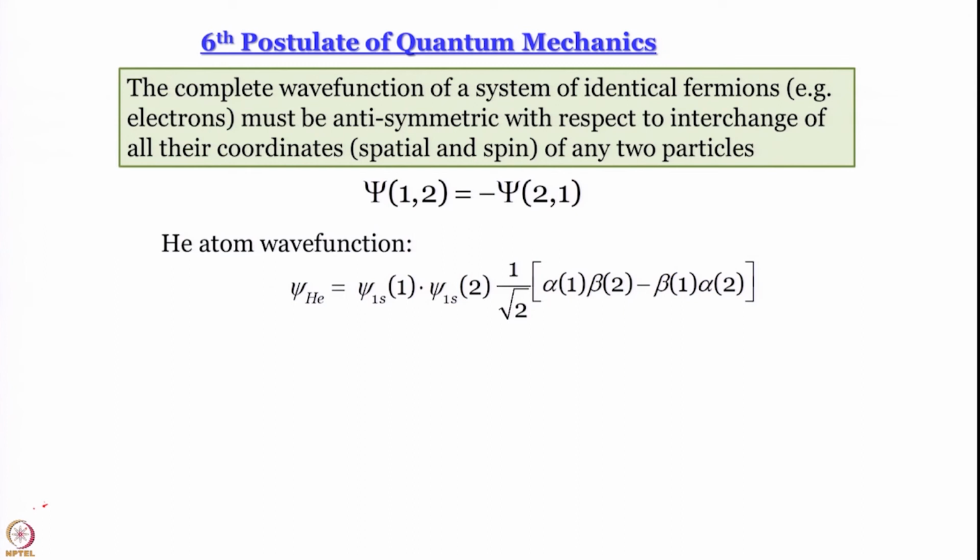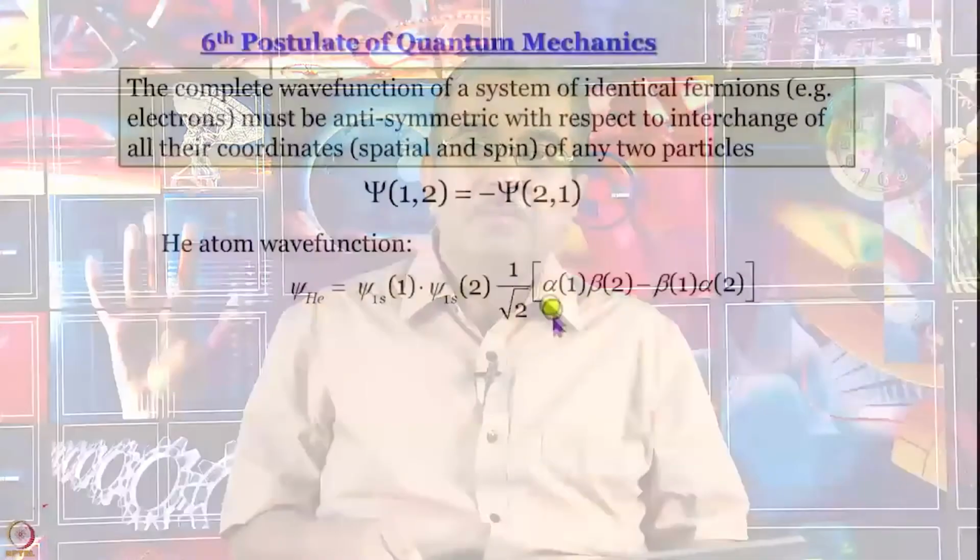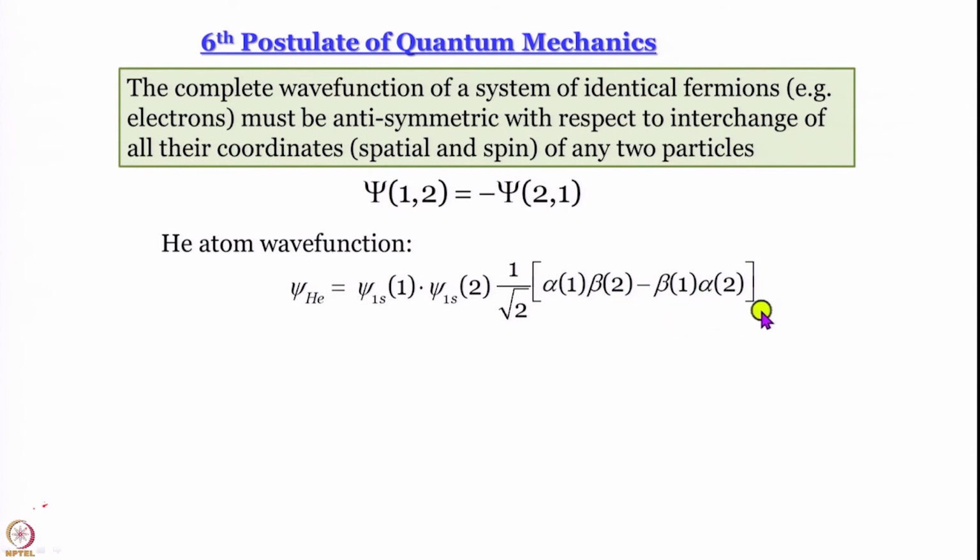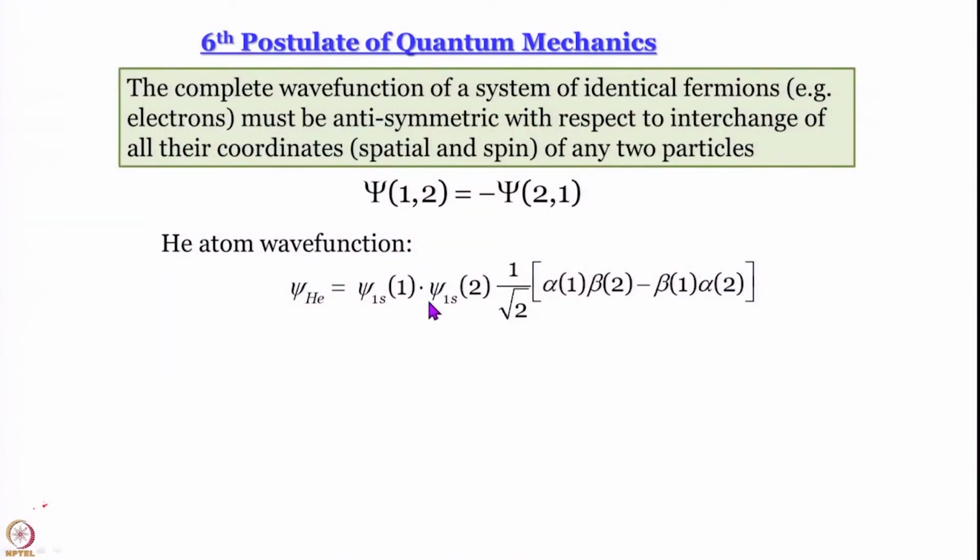So, now what we have is that we multiplied by the antisymmetric combination. Remember, there were 4 spin wave functions: alpha alpha which is symmetric, beta beta which is symmetric, alpha beta plus beta alpha which is symmetric. The only antisymmetric spin wave function in our hand is 1 by root 2 multiplied by alpha 1 beta 2 minus beta 1 alpha 2. So, what we are saying is that only this antisymmetric spin part can be multiplied with this symmetric spatial part to give us an acceptable total wave function. So, this is the only spin part that is going to work.